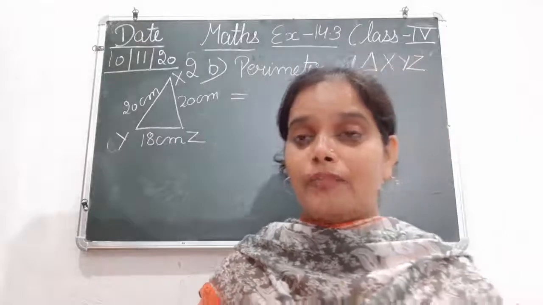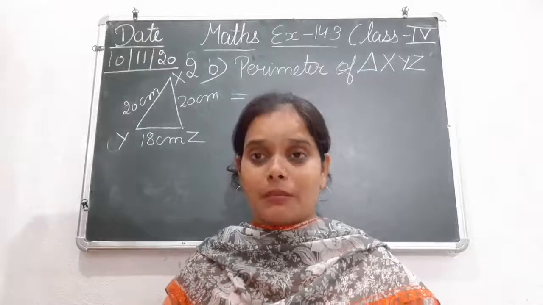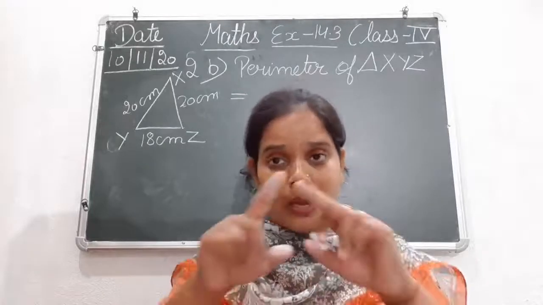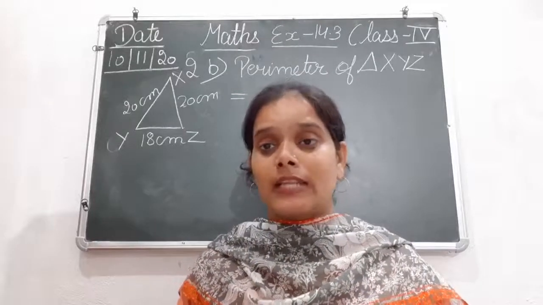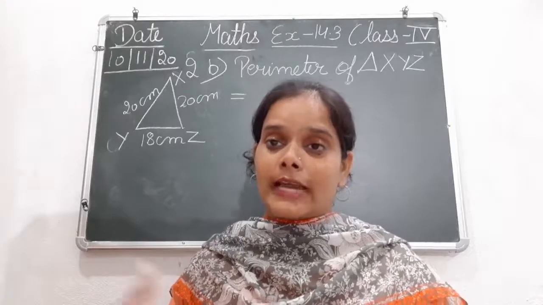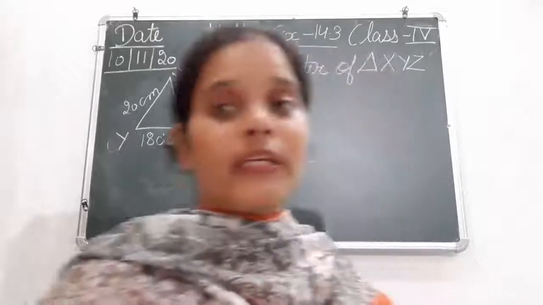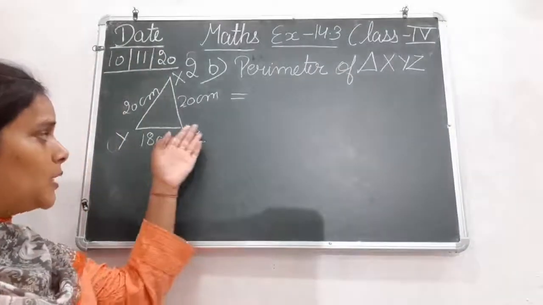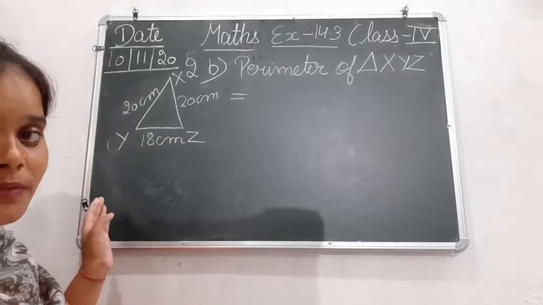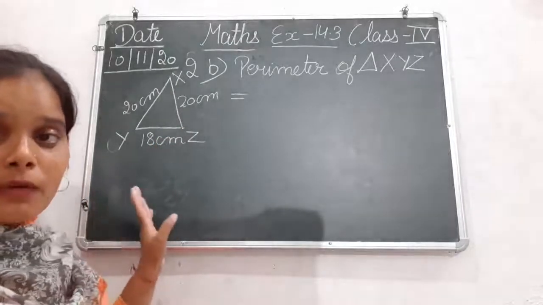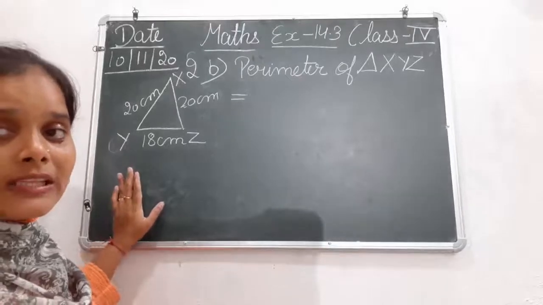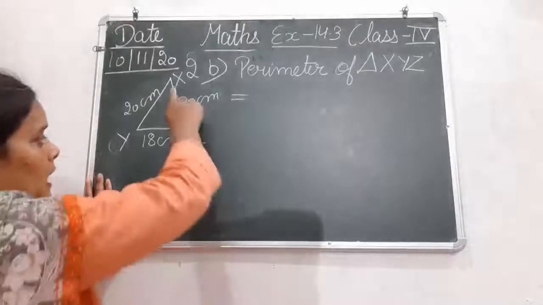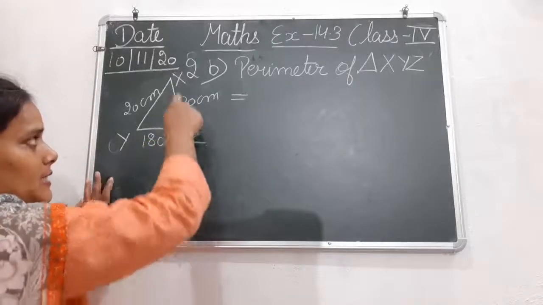So for finding the perimeter of the given figure, हमें क्या करना होगा? We have to add all the lengths of all the line segments that are drawn in that closed figure. So उनकी जो लेंथ है उसको हम क्या करेंगे? Add. Okay, so in this it is 20, 20 and 18. So this is the different length. So first of all we are going to write the name of the line segments that are drawn in this figure. तो इसमें जो अलग अलग line segments हैं उनकी name क्या है? देखिए XY, YZ and ZX.